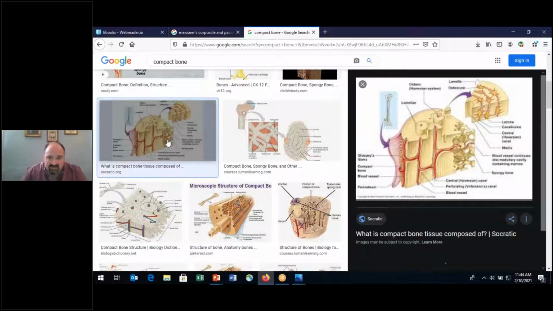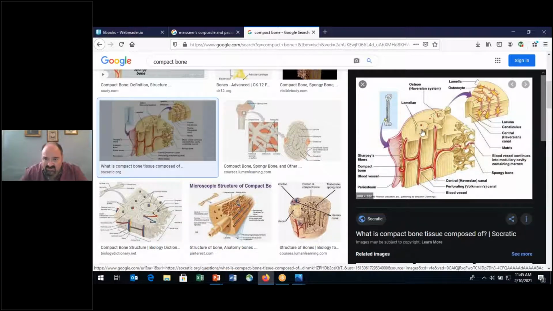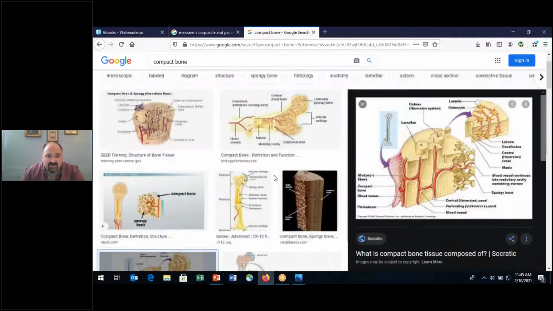Let's look at this image here. What you're looking at here is that osteon, and it's going the length of, so I'll bring my paper towel roll here, right? If this represented the shaft of a bone, well, the osteons, these compact bone, would have these long tubes of bone for the actual shaft of the bone. So compact bone, it's all tightly packed together. And within the compact bone,